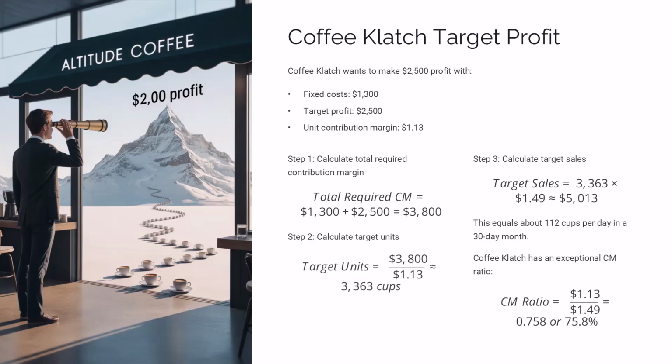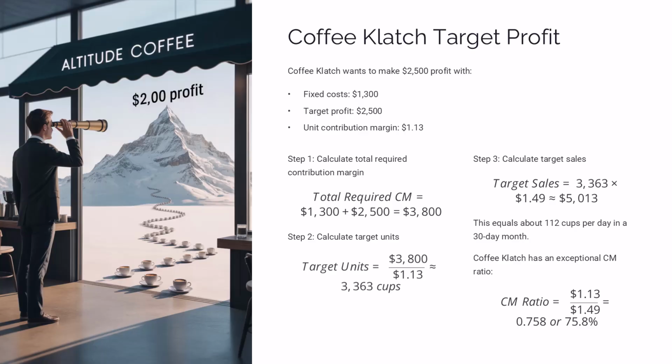Think about this in terms of your own side hustle potential. If you're tutoring at $50 per hour with $10 in transportation costs and want to make $2,000 monthly above your $500 fixed costs for materials and advertising, you need (500 + 2,000) divided by 40 equals 62.5 hours of tutoring monthly, or about 15 hours per week, which helps you decide if it's worth pursuing alongside your full-time job.